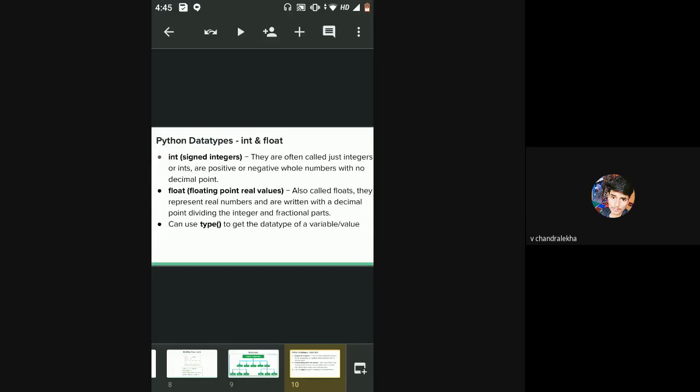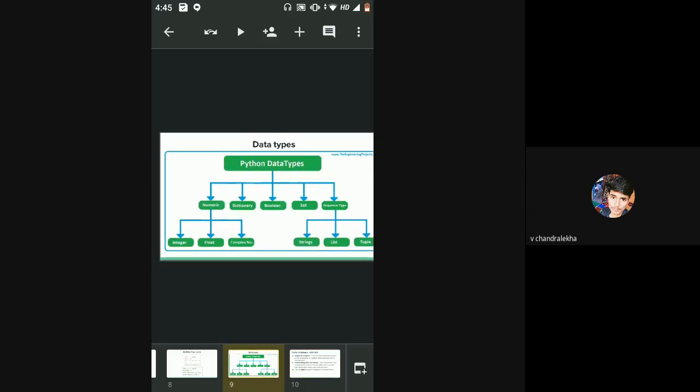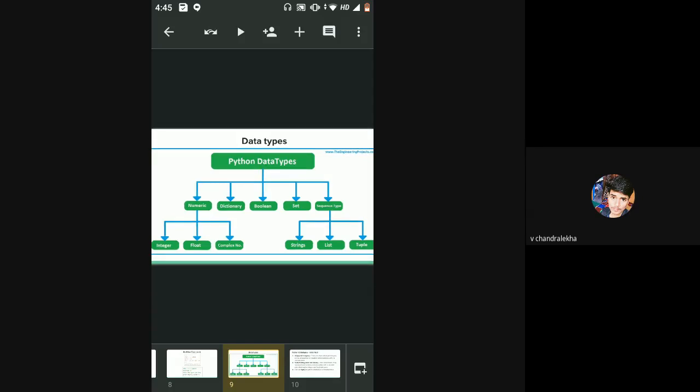So what is basically data type? First of all, whenever you're assigning a value to a variable, now you know how to create variables in Python, right? So whenever you are assigning a value to a variable, that value will be of certain types basically. So that variable that you're creating and the value that you're putting into that variable will have certain types. It can be an integer, it can be a decimal number, it can be like a word, like an English sentence.